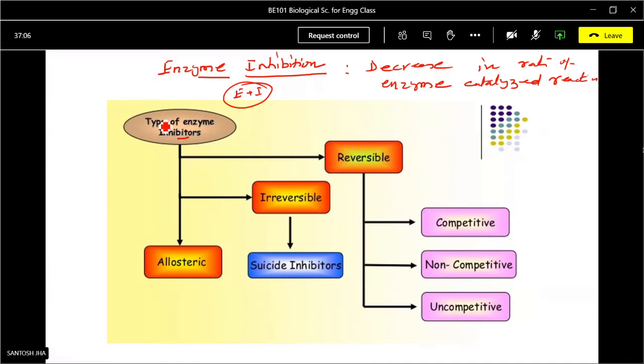If we try to categorize this inhibition, it may be categorized as allosteric inhibition, reversible inhibitors, and irreversible inhibitors. Reversible inhibitors are those which temporarily bind with the enzymes, and through dialysis we can remove the inhibitor molecules. But in irreversible inhibition, we cannot remove the inhibitor, and the enzyme enters into a dead complex, and these are known as suicide inhibitors. The enzyme is no more functional